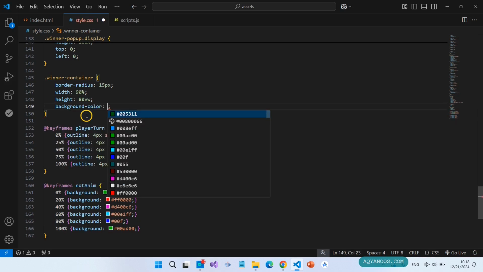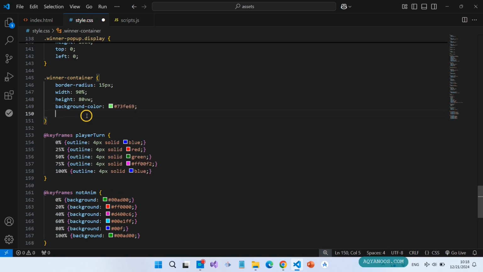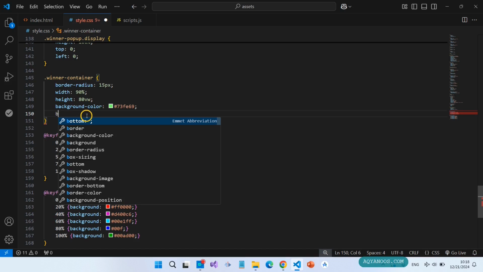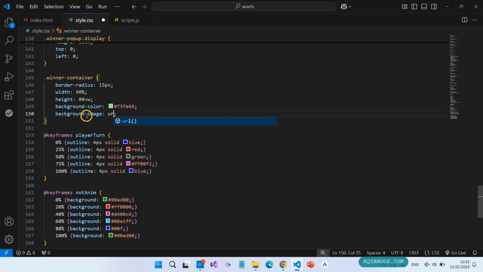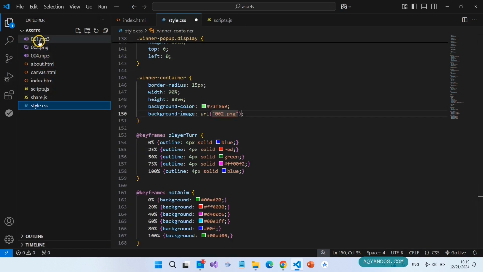We give also a background color light green and a background image with the URL 002.png. So this image